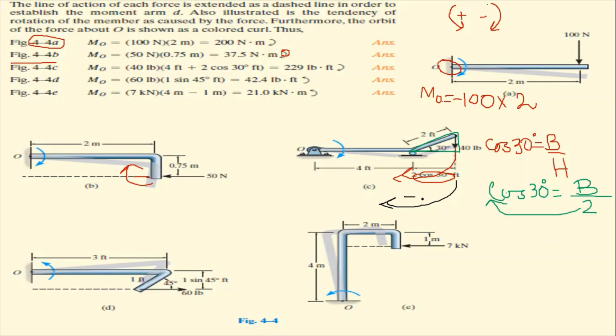So let me tell you that there is a vertical load 40 pounds, so we have to multiply its horizontal length. So how can we do that? There is an inclined line over there, and that is of 2 feet. So what we have to do, we have to find out the base of this triangle, and this is this one. So we have to find out this first, then we have to multiply 40 into 4 plus 2 cos 30 degree. So hopefully it will be clear to all of you.